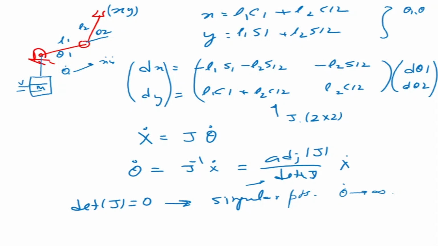Now let's try and understand this a little better. This is a two-link manipulator. This is the work volume, let's say it's a circle. Depending on where it is in that circle, the energy consumption is going to go up or down, and the number of solutions will also depend on where it is. For example, if it is here, at the end, the boundary, this is my boundary singularity.